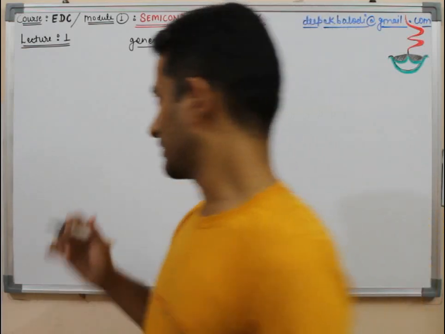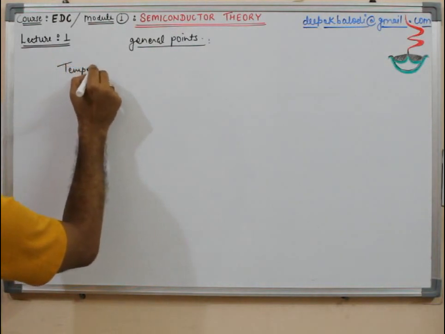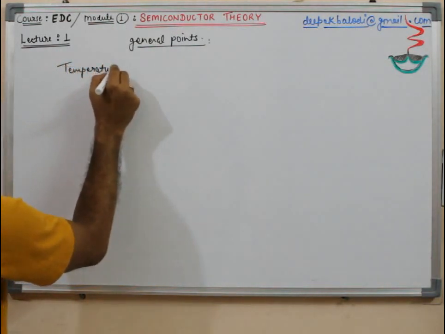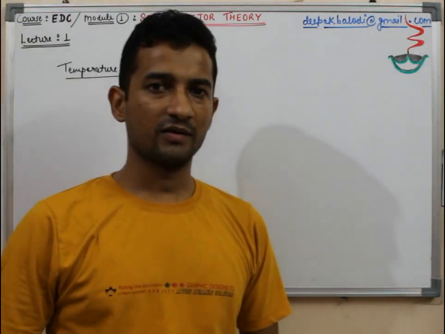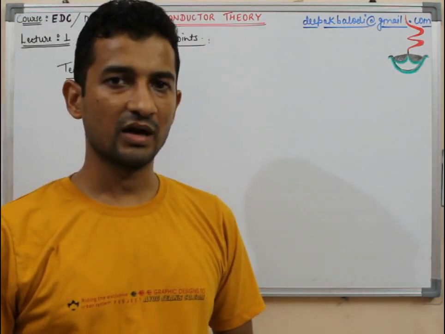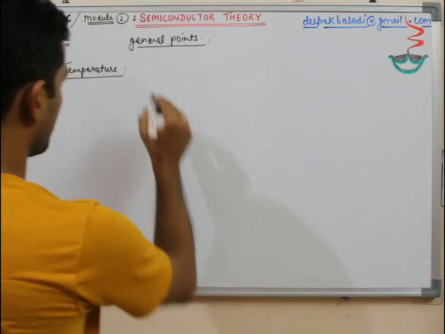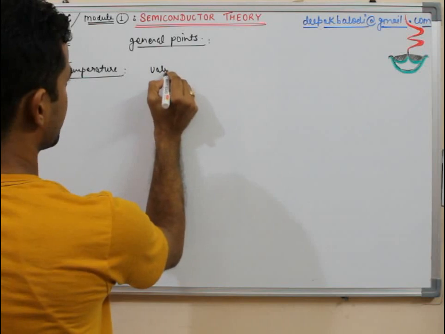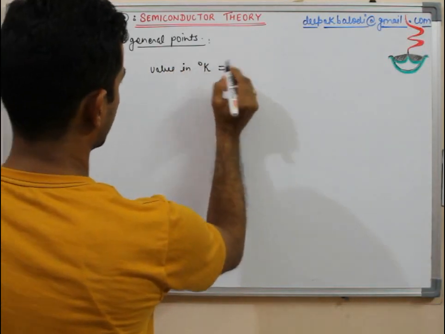Let us see temperature first. For temperature, we'll be using a different unit than centigrade or Celsius, that will be degree Kelvin or simply Kelvin. So the relation is, value in degree Kelvin is equal to